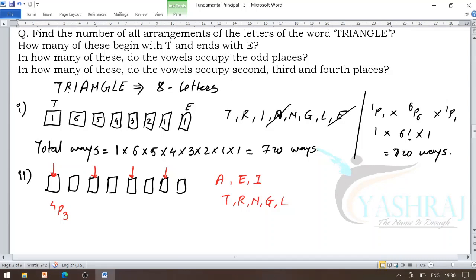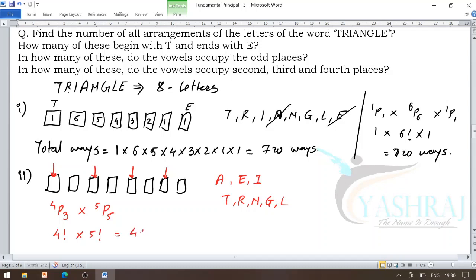And next to it 1, 2, 3, 4. Now to fill up the 4 plus 1, 5 boxes, we have 5 choices. As per the multiplication principle, we get 4P3 into 5P5. So 4P3 gives us 4 factorial divided by 1 factorial, which becomes 4 factorial, into 5P5, which gives us 5 factorial divided by 0 factorial, which is 1. So we have 5 factorial.